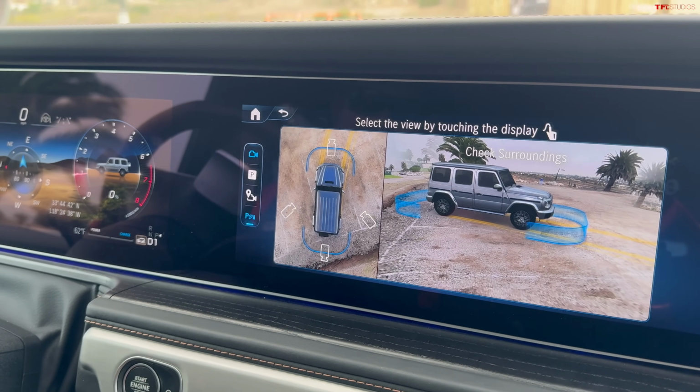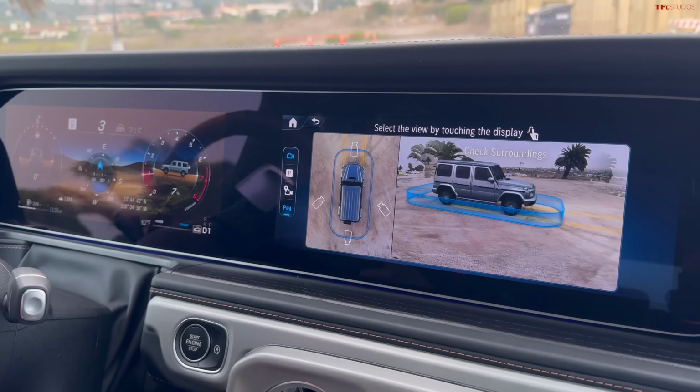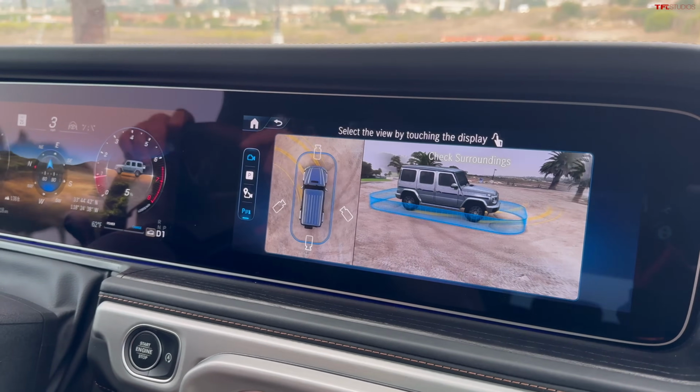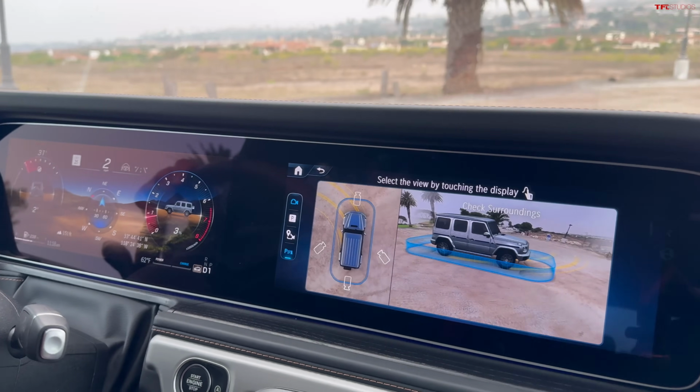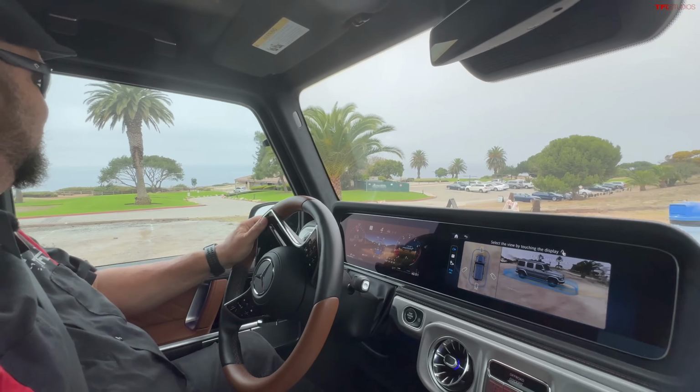All right, let's get going. Yeah, the 3D mode is still on. Keep looking at the 3D mode still going. I love it. It's not a great idea to watch this instead of driving properly, by the way. But